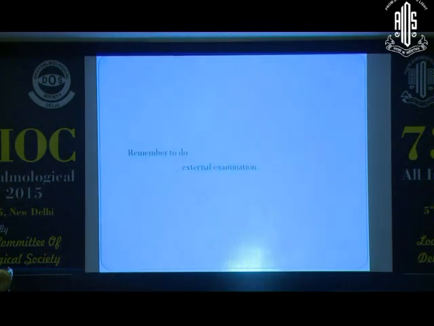So a neuro-ophthalmological examination needs a detailed history, past history, drug history, an external examination, a good general examination, then coming to the neurological examination of afferent and efferent systems, and coming to a diagnosis, and that further leading to further investigation to come to a final diagnosis and treatment.